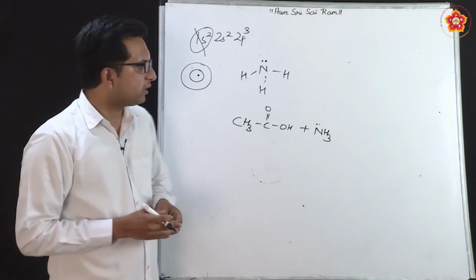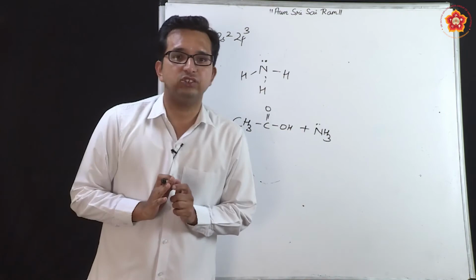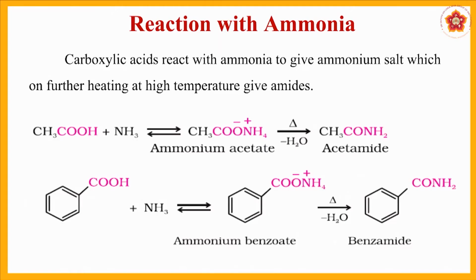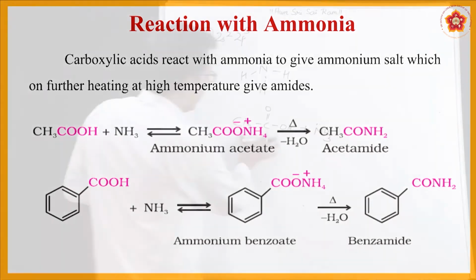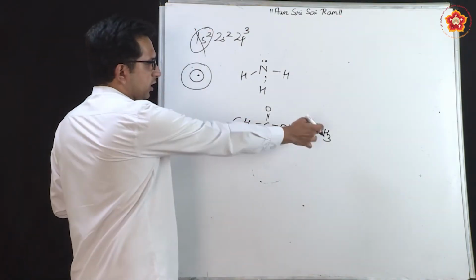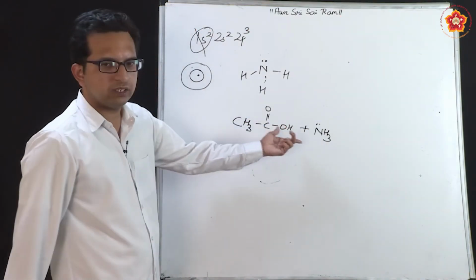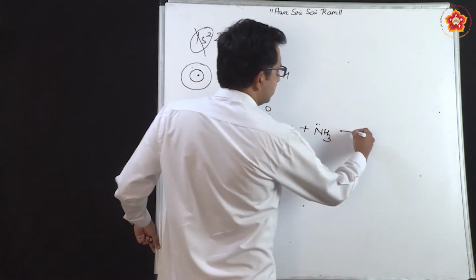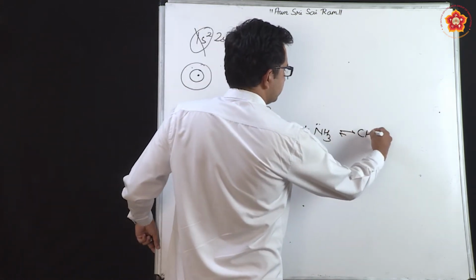And we know very well that in acid base reaction systems, whenever an acid reacts with a base, it tends to form a salt. This is something that we have studied, and also remember that it gives out water. A standard reaction studied: acid plus base gives salt and water. Now, since this is a very weak acid and its corresponding hydroxide is a weak base, we actually have a reversible reaction where CH3